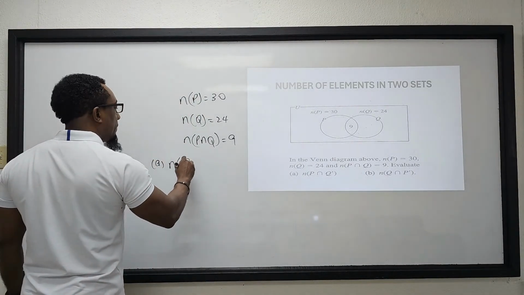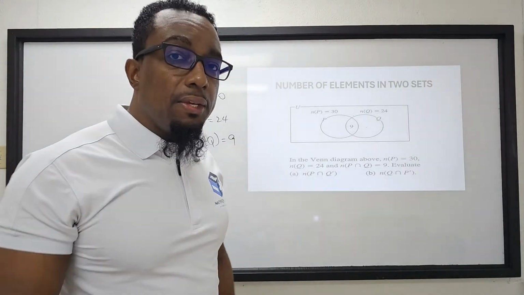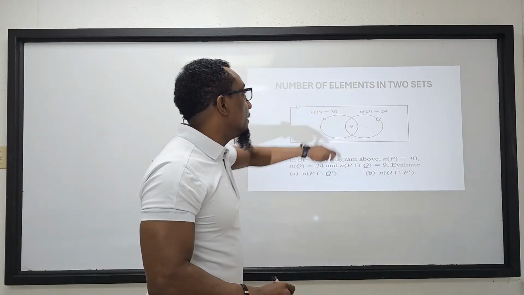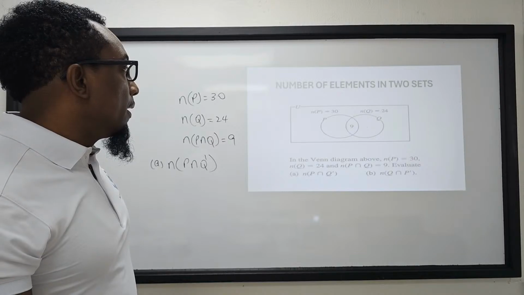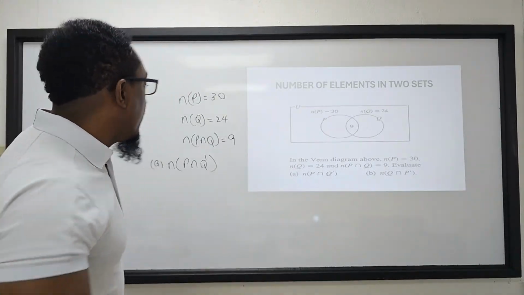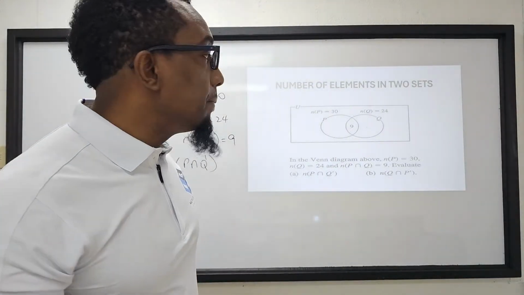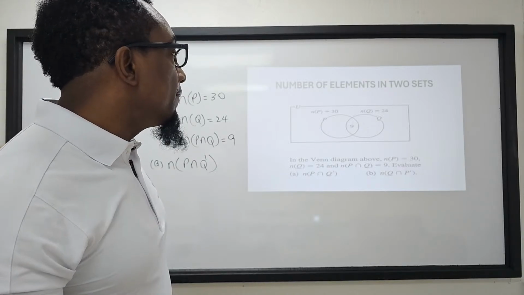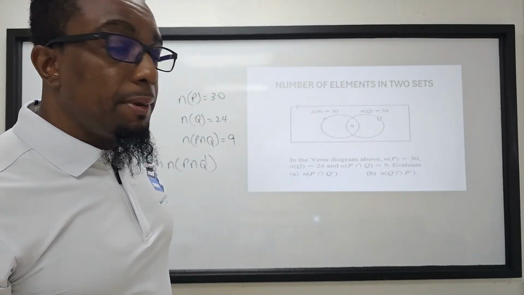number of elements in P intersect Q complement. What P intersect Q complement represents is P only, which is this region here. And of course, they also want us to find the number of elements in Q intersect P complement, which is Q only. So, in order for us to find the number of elements in P intersect Q complement, which is P only,